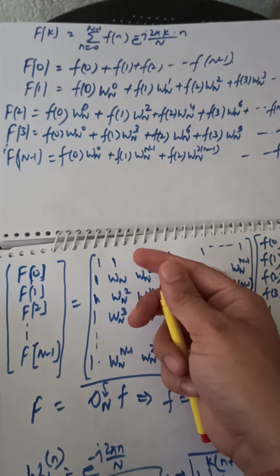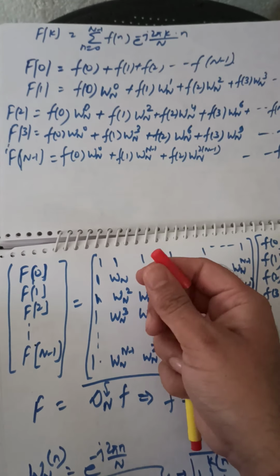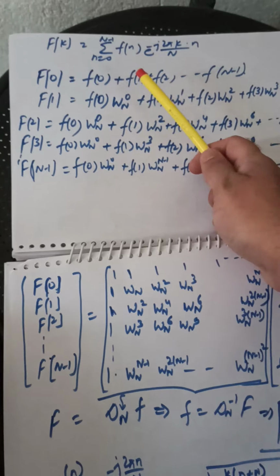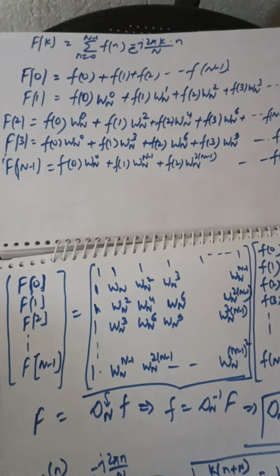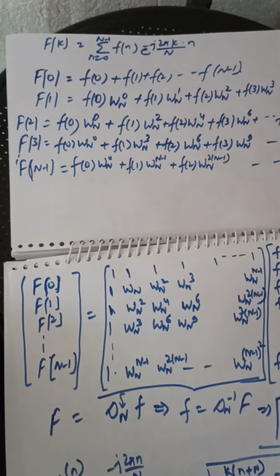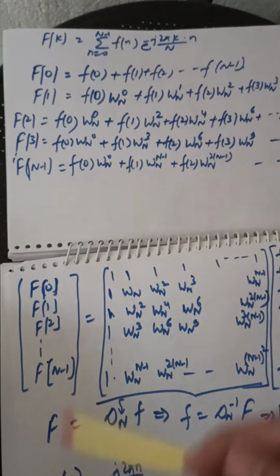This is simply representing the DFT, the N point DFT. How is an N point DFT defined? For example, n is varying from 0 to N minus 1. So how many points are there? N points are there, so it will be termed as N point DFT, f of n